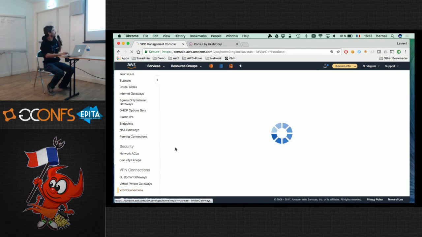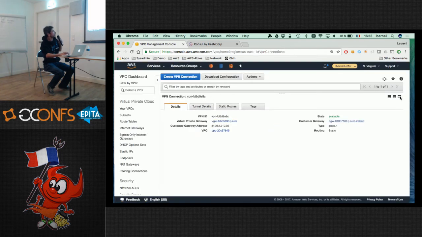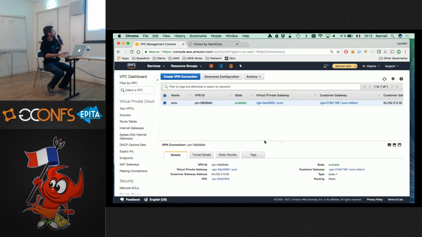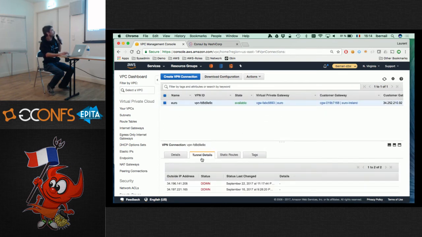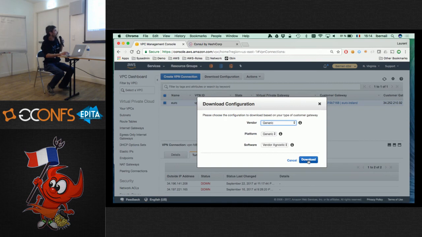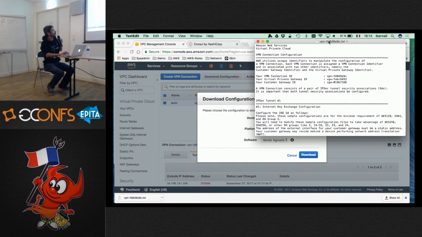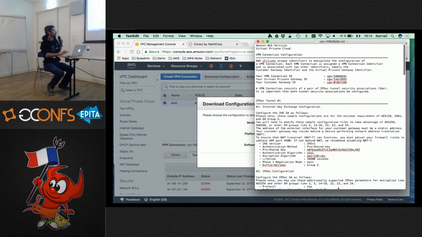And then there's this VPN connection. If we look at the details, there are 2 endpoints inside AWS, with these 2 IP addresses. And the tunnel is down, of course, because there's nothing configured on my side. So what I'm going to do is get the configuration and input it inside Consul. This is the configuration for the VPN. You have configuration for different equipment, but I'm just interested in the pre-shared key, the IP of the endpoint, and I already know the network.